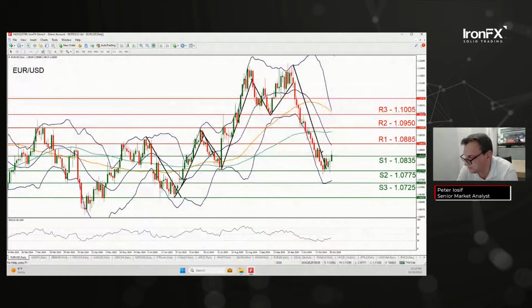On the flip side, though, the RSI indicator tends to advise caution. I'm highlighting the RSI indicator rising. It's still below the reading of 50. It's actually at 40, implying that there's still a residue of bearish sentiment left among market participants for the pair, which could push it ultimately lower. For the bullish outlook to be maintained, we may require to see Euro USD aiming, if not testing, the R1